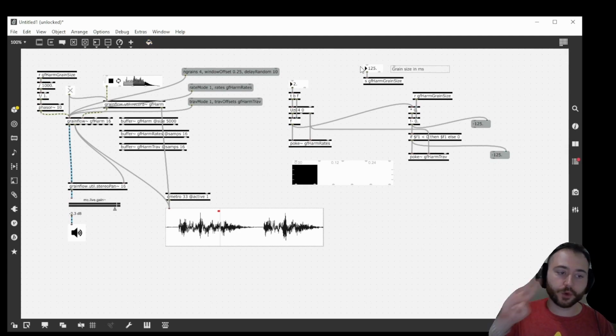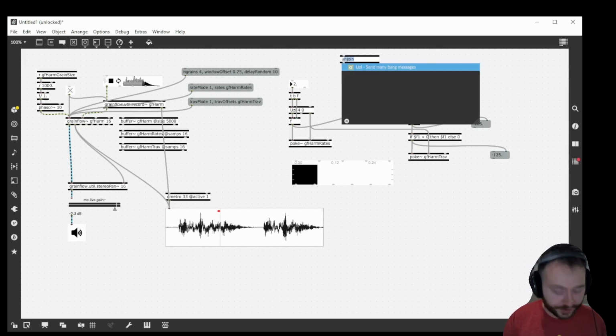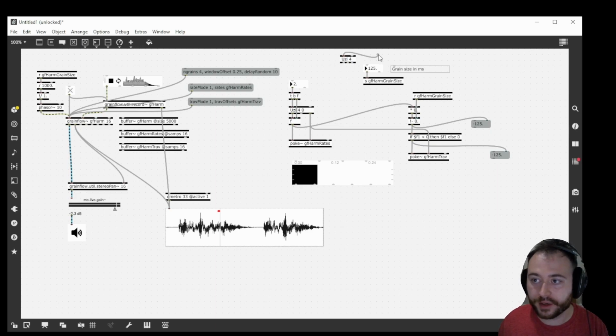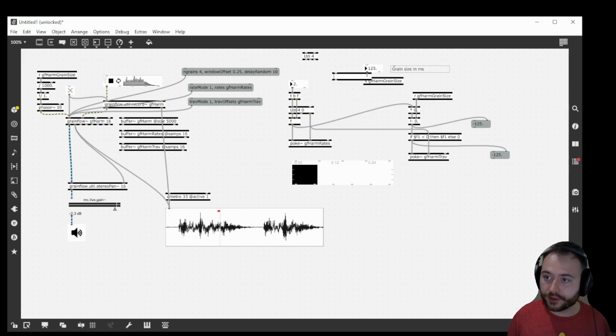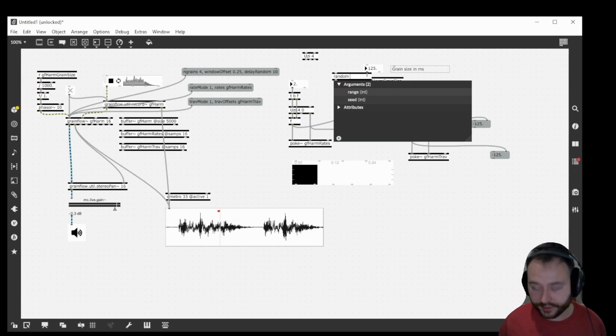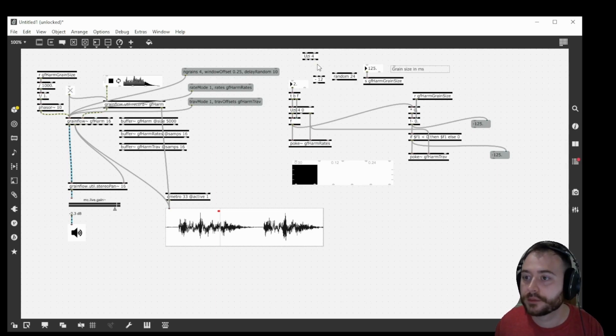So we want to be able to do up to 4 voices, so 16 grains. And this is scalable, so you could do more than that, as long as you increase the size of the buffers in the granulator. So let's set up another Uzi with 4. And we're going to have this set randomly, our transpositions. So I'm going to do random 24, and then we'll subtract 12. So this will go up or down an octave,